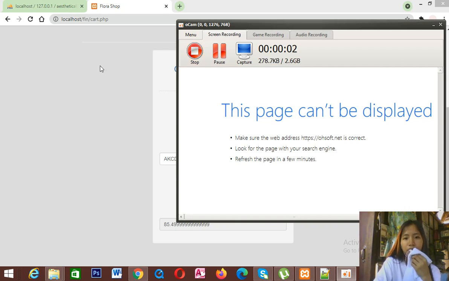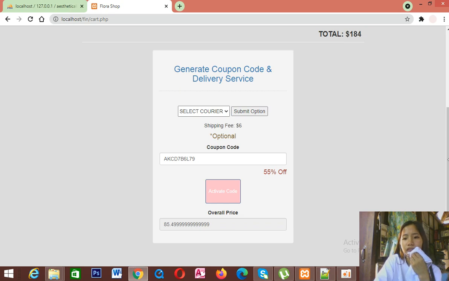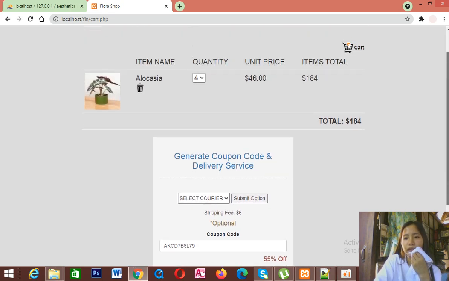So good afternoon. For today's video, I'm about to explain and present to you the implementation of segment 2: the interface tweaks, the delivery service, and the vouchers or coupons. So the first thing I did was implementing the